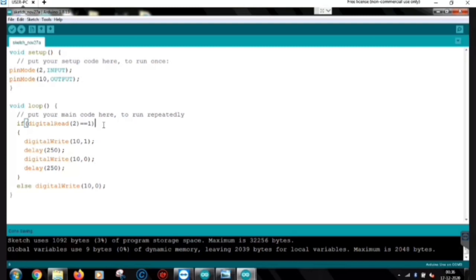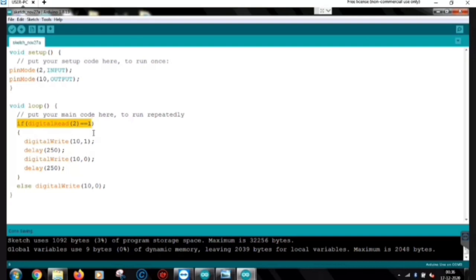For that, this if statement is used. So this digital read will check that the second pin is 1 or not. Okay, so this digital read will check the status of the second pin, and this if statement will check if this second pin is 1 or not. If it is 1, then it is pressed.